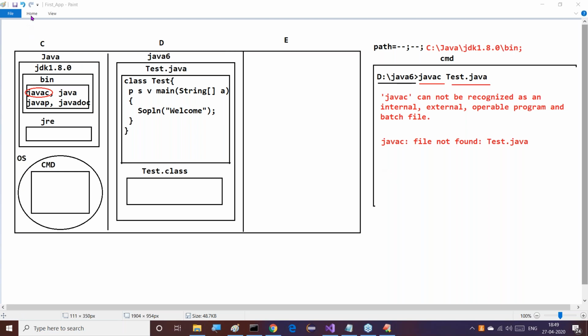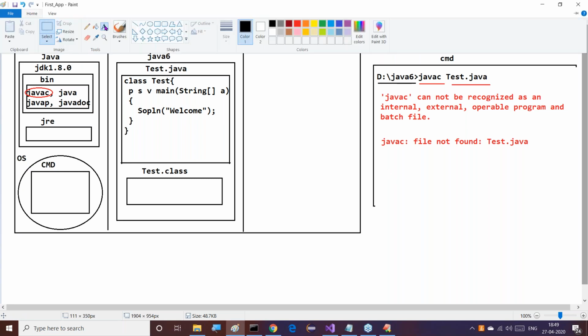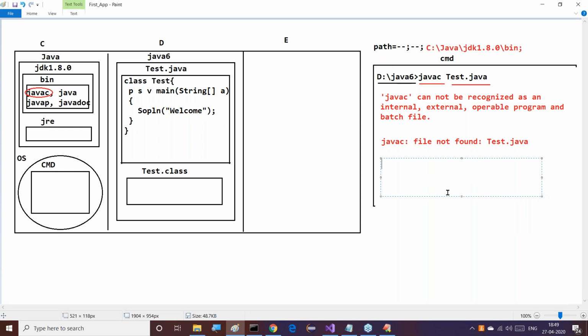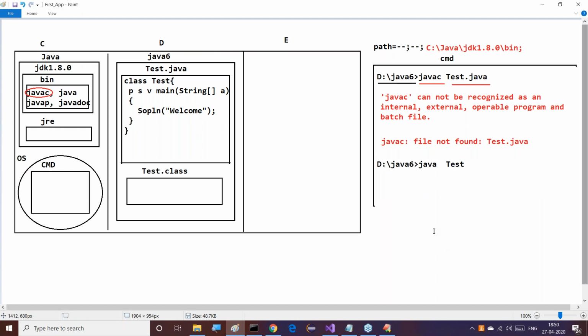So open the command prompt and go to the location where the main class .class file is provided. Observe this clearly: d:/Java 6. Then we have to use the java command, not javac, the java command. Please remember, along with javac we use the file name .java, but along with the java command we have to provide the class name, the name of the class that has the main method. So here we provide: java space Test.